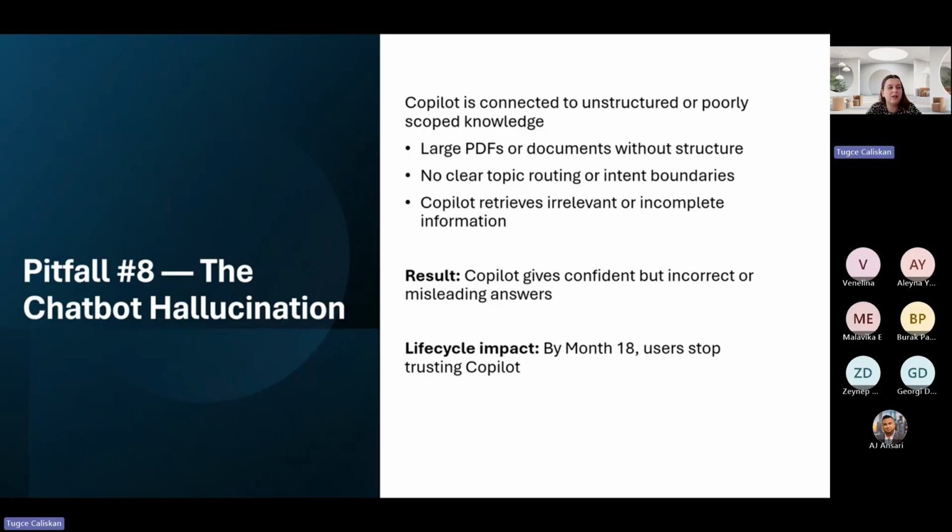It tries to retrieve partial, unrelated sections. And this leads responses to sound correct, but be incomplete or wrong. It would happen, I think, with many AIs, but in this scenario we have chatbots. And for example, an employee asks for laptop provisioning, and Copilot retrieves a policy for a different device. So there is an inaccuracy in this.